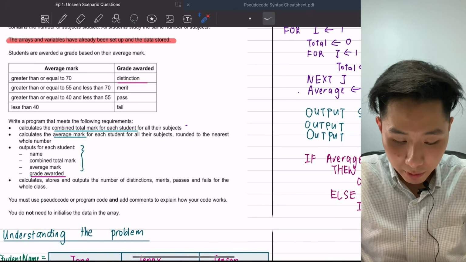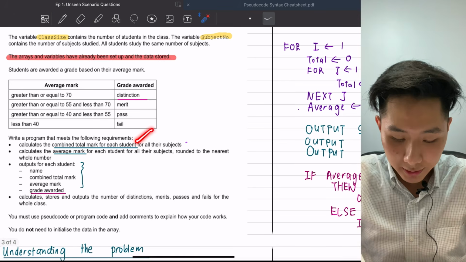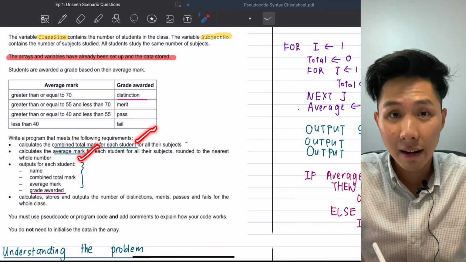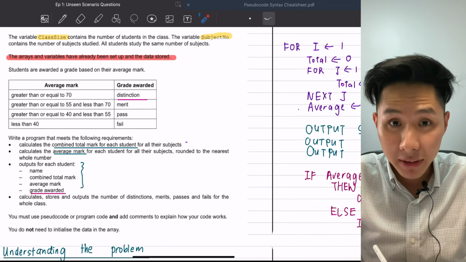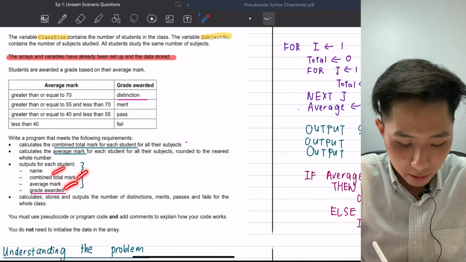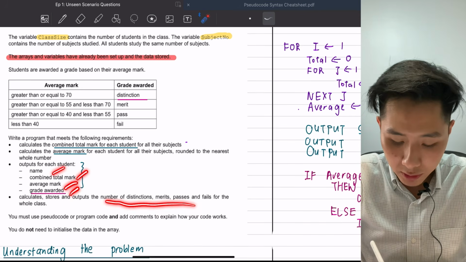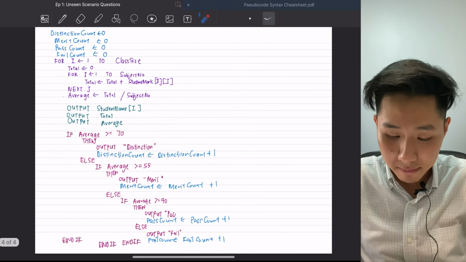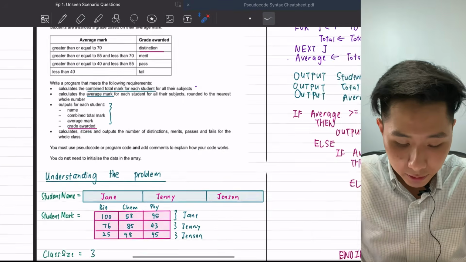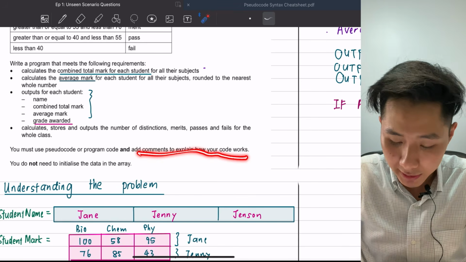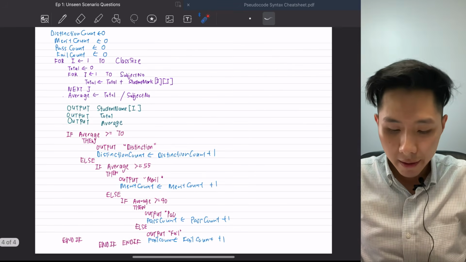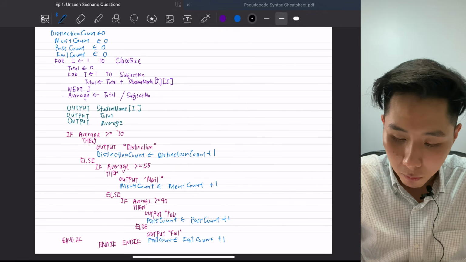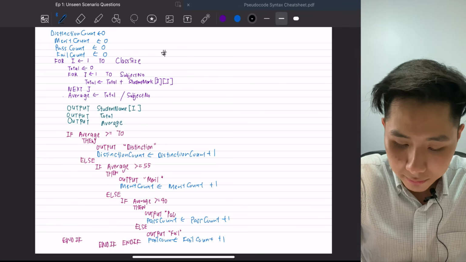So just to double check, our code does calculate the combined total mark. It also calculates the average mark. And also after we calculate all the marks, we'll output the name, combined, average, and grade awarded. Eventually, we'll store the number of distinction, merit, passes, and fail. So of course, in this question, do read that they need us to add comments to explain how your codes work. So when you're doing it, we usually use a sigma, this symbol here,